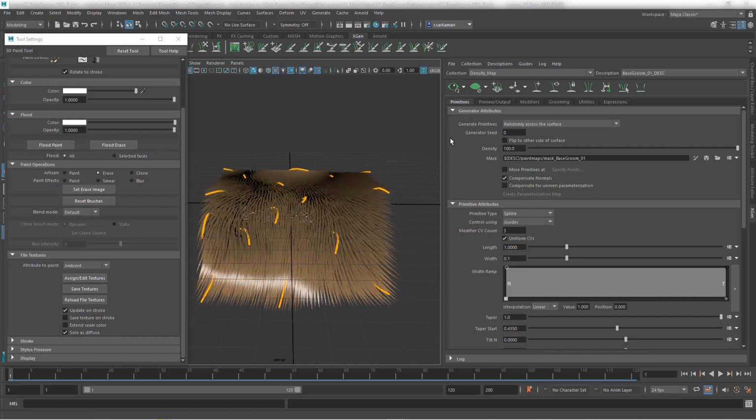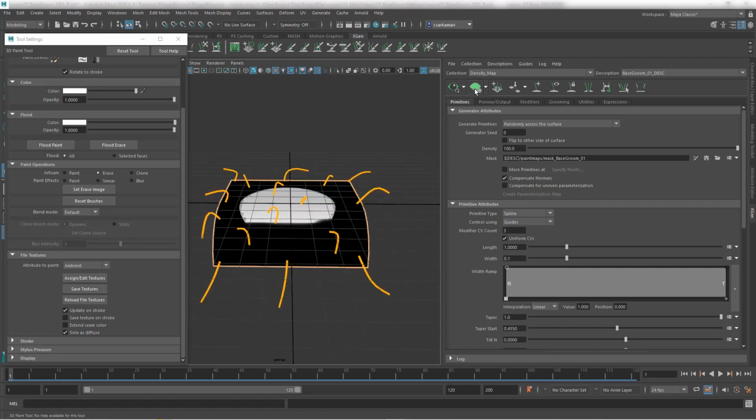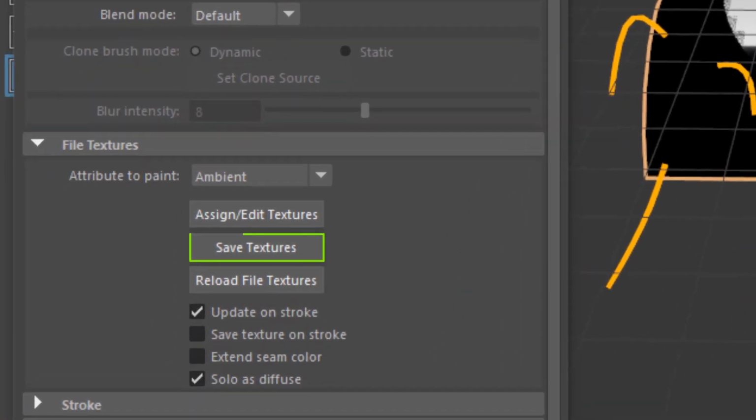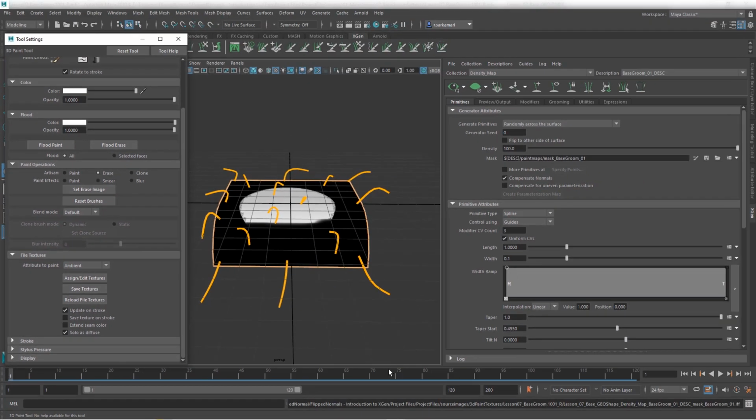If I go and preview XGen, you can see I'm not getting anything. Basically the whole surface is full of hair, and you may say, well, didn't we just paint a region? Why am I getting this for the entire region? Well, there are two steps that you need to take to basically put that into practice. The first one is you need to save what you just painted. You click on this save texture,